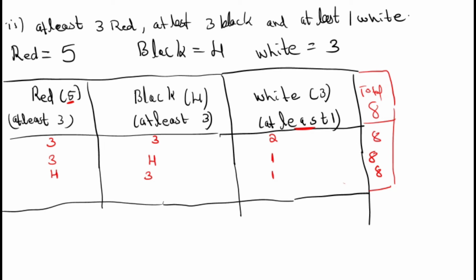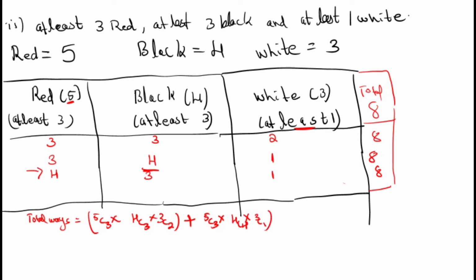So here I'll write total ways is equal to, see, the first case is 5c3. Okay, 5 red balls are there, you need to take 3, into 4c3. That means 4 black balls are there, you need to take 3, and 3c2. Okay, 2 white balls from the 3 white balls. So that is one case. Okay, plus see the second case, 5c3